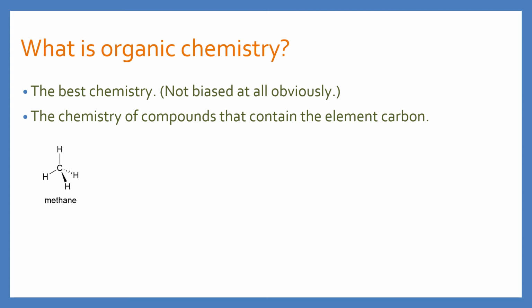So for example, methane. This is the smallest possible organic molecule. It's 1 carbon, 4 hydrogens. This is the gas that you burn in your gas burning stoves, in your water heaters, things like that. It's natural gas, the main component. Not really something that you normally think of when you think of organic. Propane, also a gas that we burn fairly regularly if you're into propane grills and propane accessories.